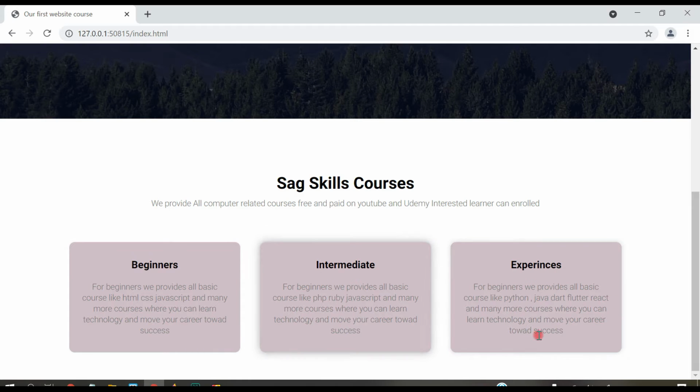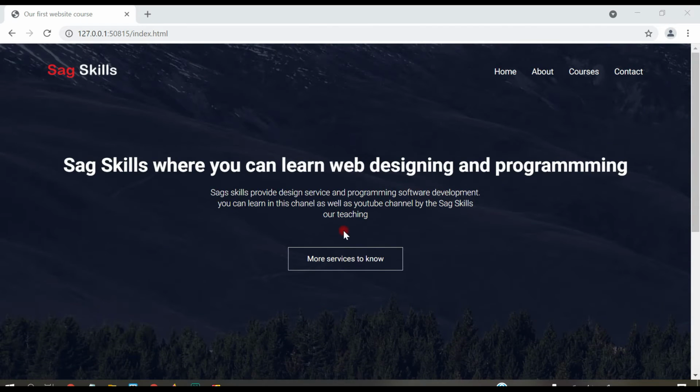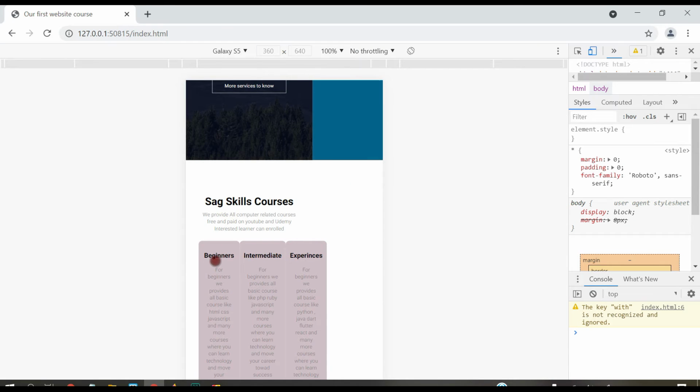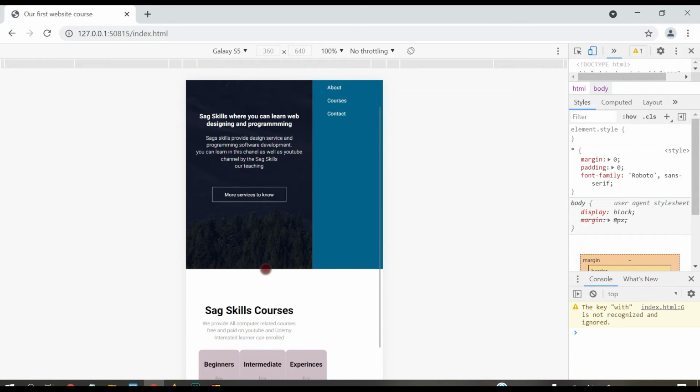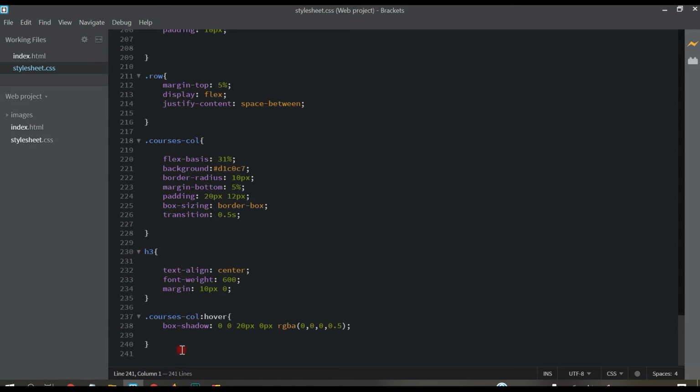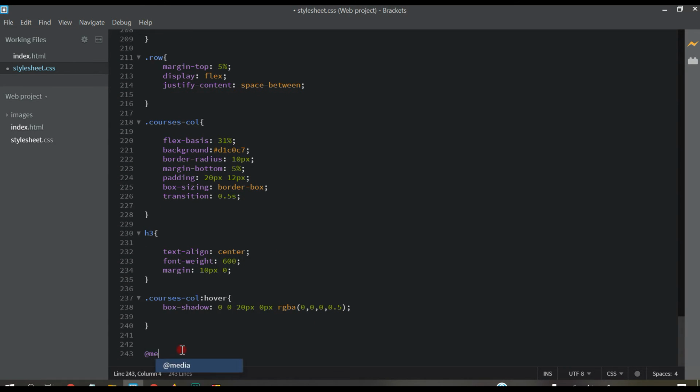Yeah, that's all. Now next, guys, suppose we open this on small devices like this, right click and here small devices. You can see it's not looking good. So we have to write CSS in a media query. For that, come back here in the CSS file and write @media, maximum width 700 pixel.